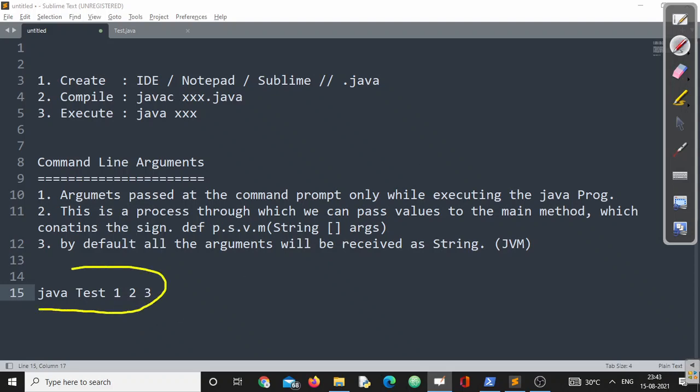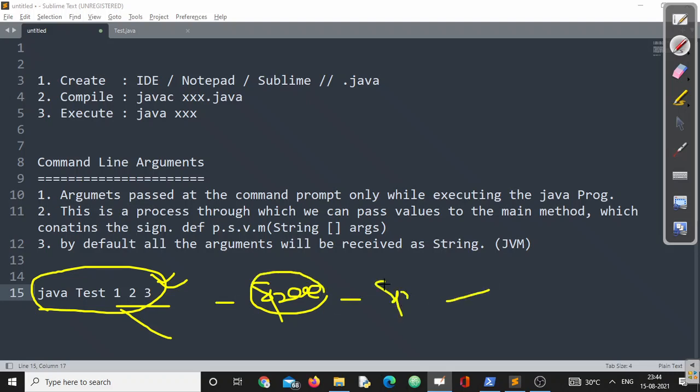If you want to pass command line arguments at the command prompt, remember all the arguments should be separated with a space in between. So space is the separator of command line arguments, right? And if you want to include a space in the argument, make sure that particular argument is enclosed within double quotes. So the default separator of command line arguments is not a comma, rather a space, right?